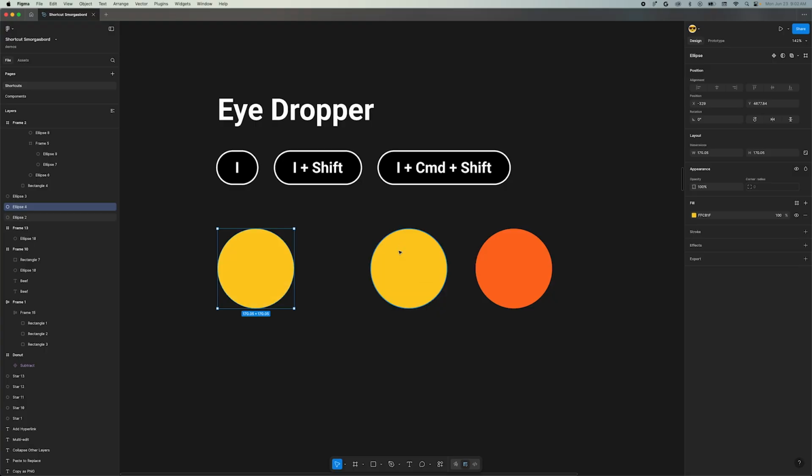The eyedropper tool is a visual treat. Press I to activate it and sample any color. But here's the secret sauce. Hold down Shift while using the eyedropper, and you can grab variables or styles. Even tastier, press Shift Command while sampling a color, and a popover appears, letting you create a new variable directly